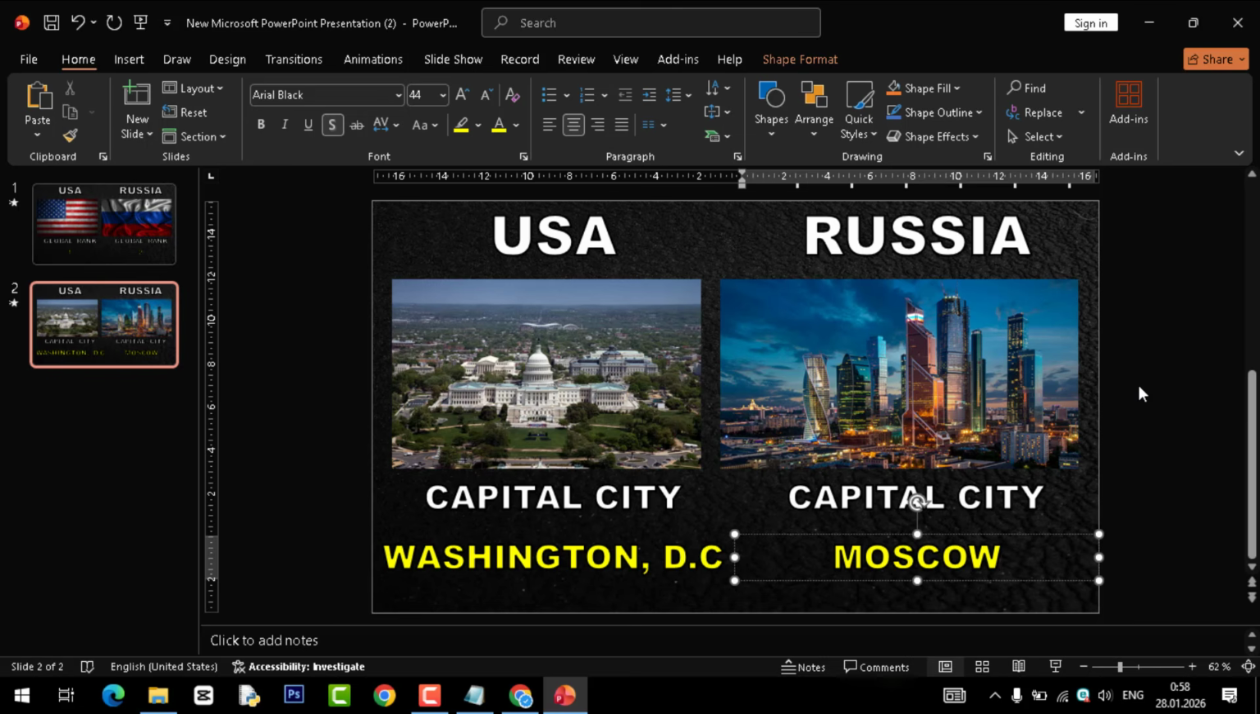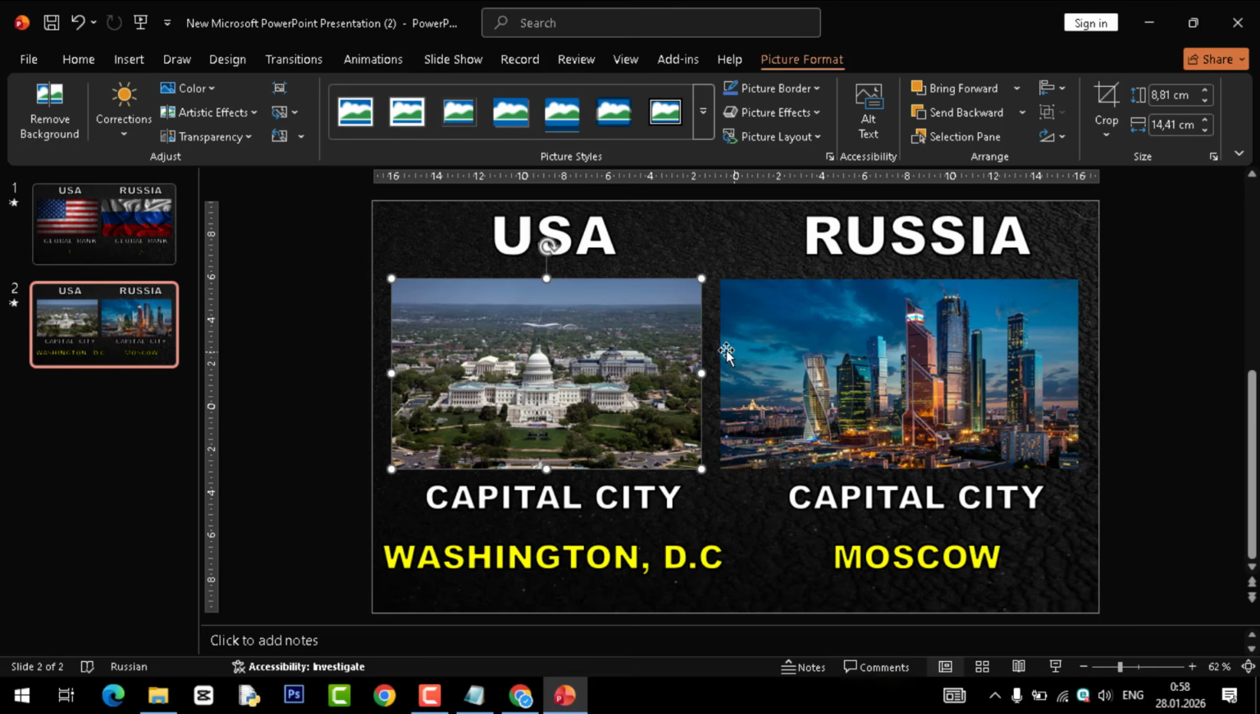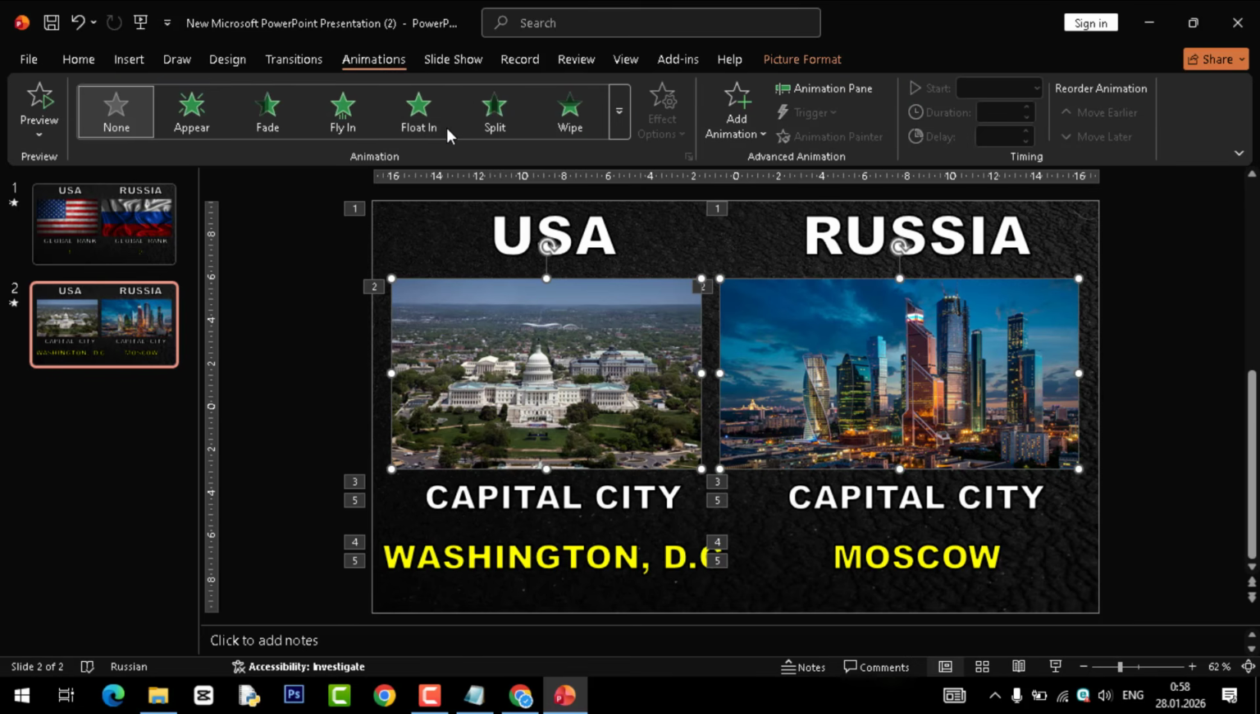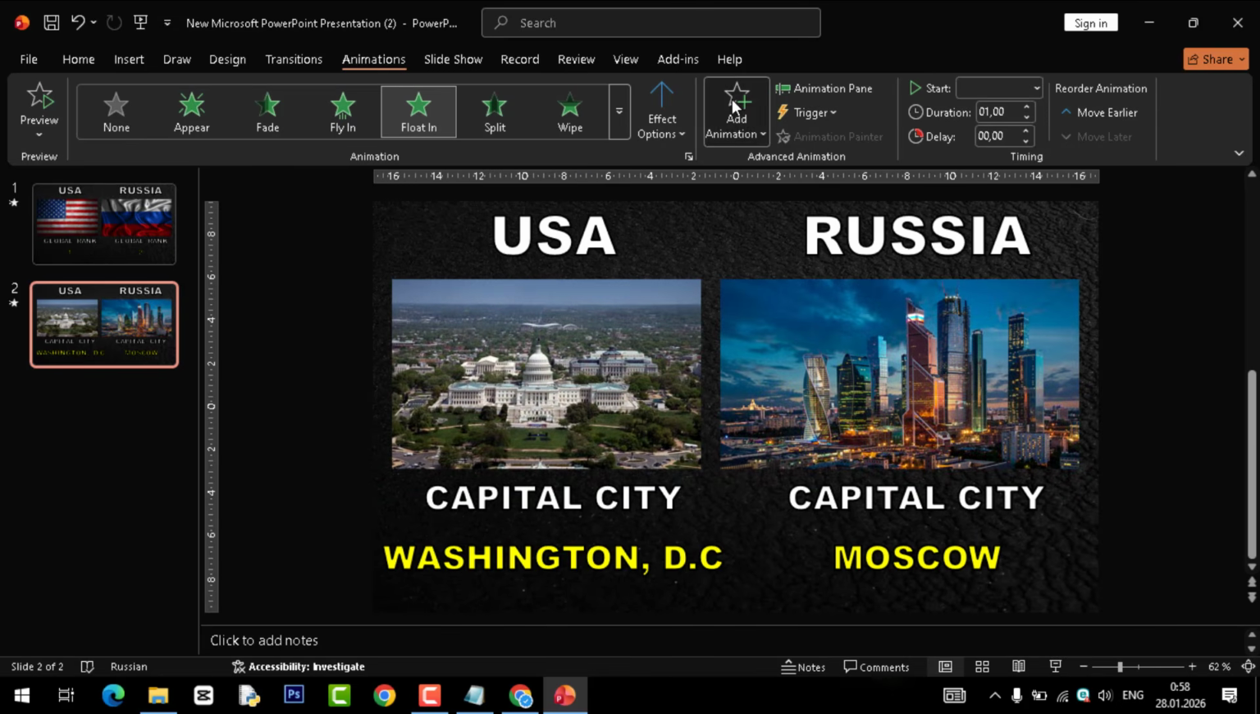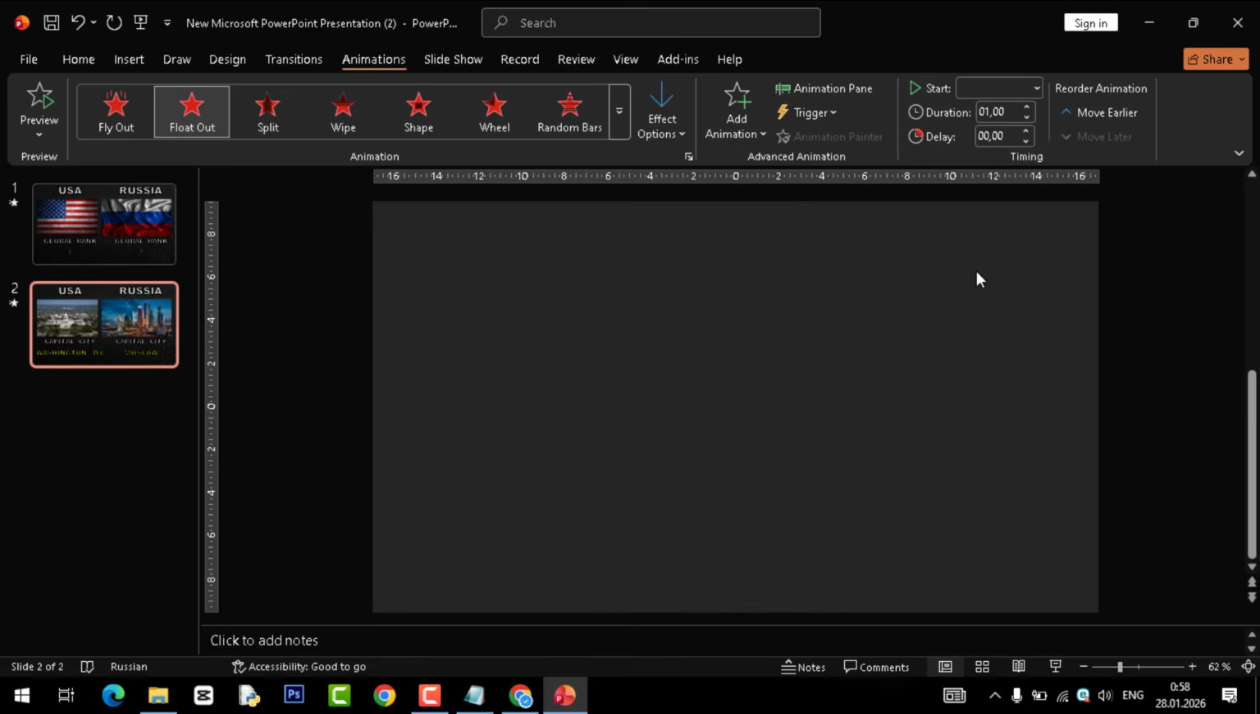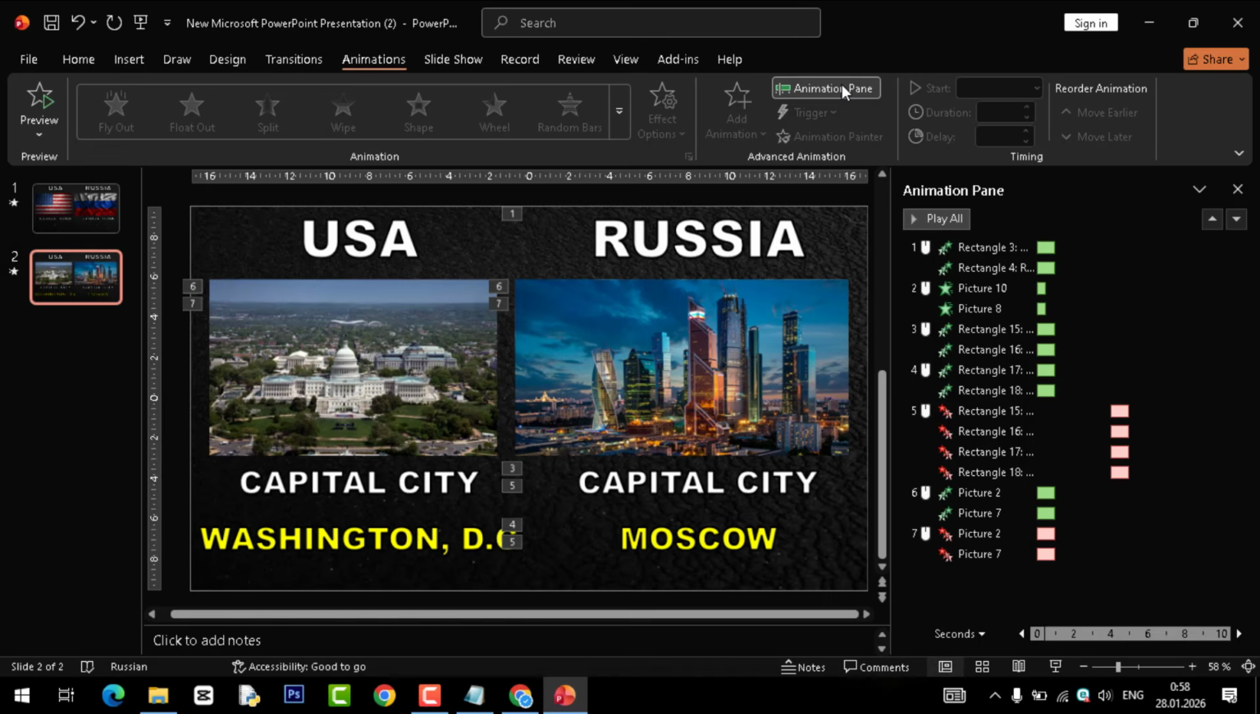After inserting the images of both capitals, it is time to animate them as well. Go to animation tab and select float in and add animation and float out. Go to animation pane